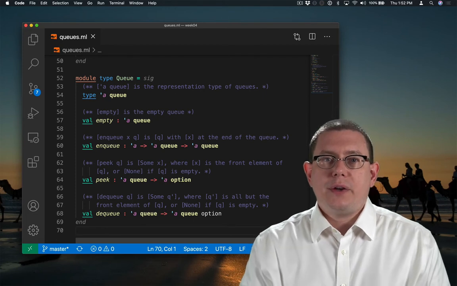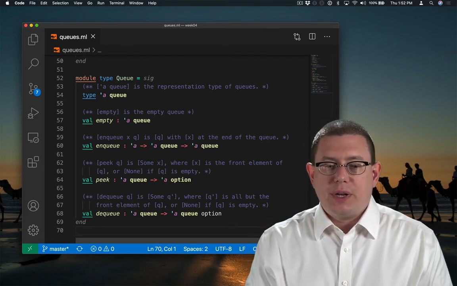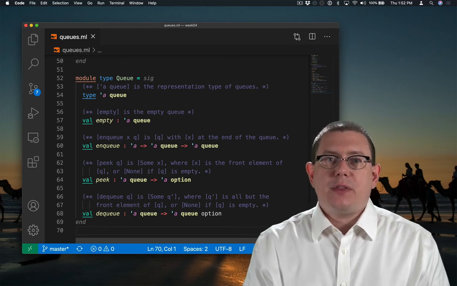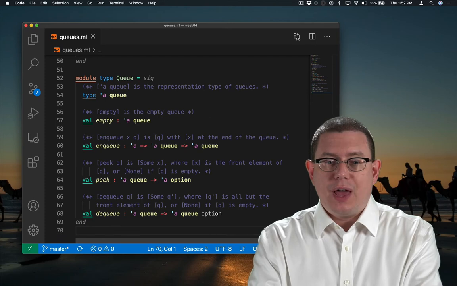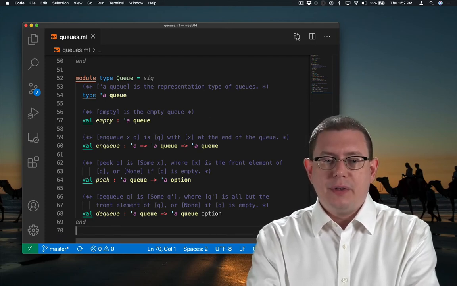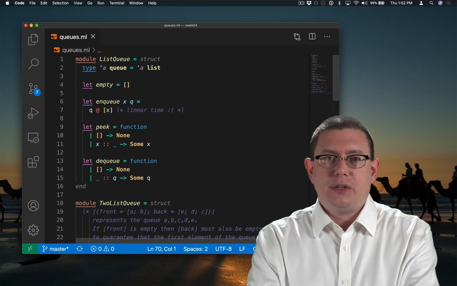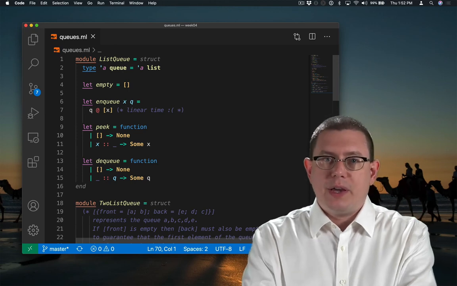So it took me a while there to develop that specification as I was going along. I had to work out what I wanted to do with options and write down the behavior of each of those functions. Now that I have my queue signature, I could move this code all the way up above the definitions in the file of toListQ and listQ and specify that listQ and toListQ need to have that module type. But let me show you one other way of doing this.